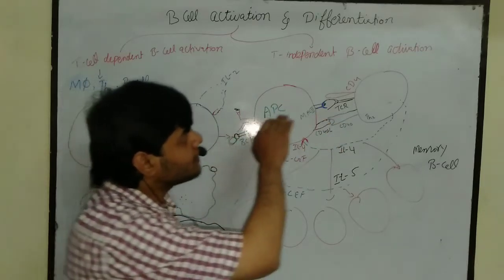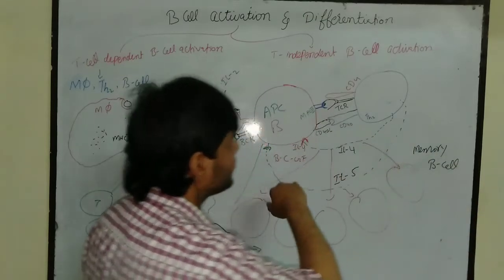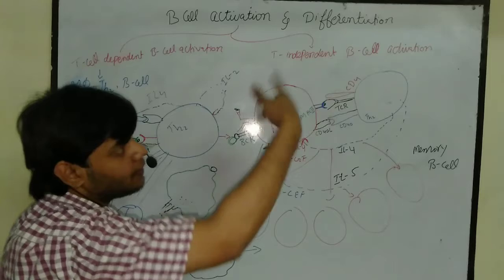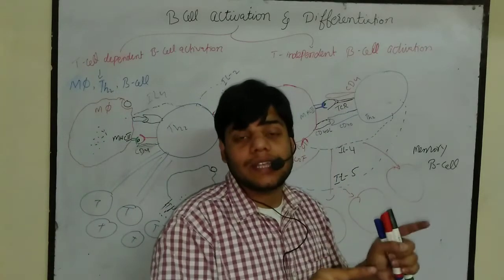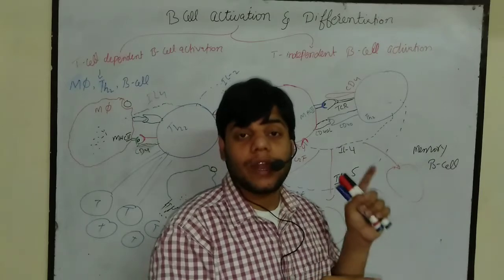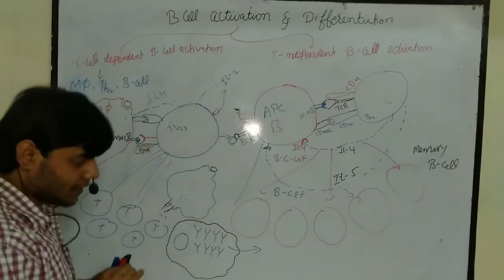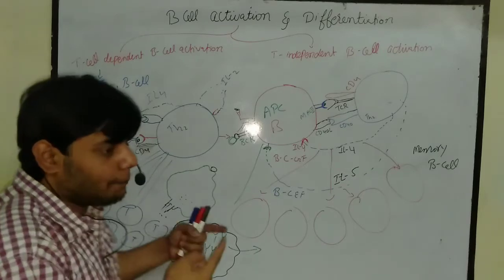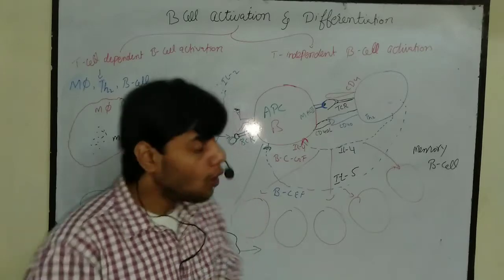Next we have the B cell activation without the T cell, meaning T cell independent B cell activation. It means that the B cell doesn't require the T cell for its activation. What happened in this case? In this case, if we have microbes present inside our body, which have